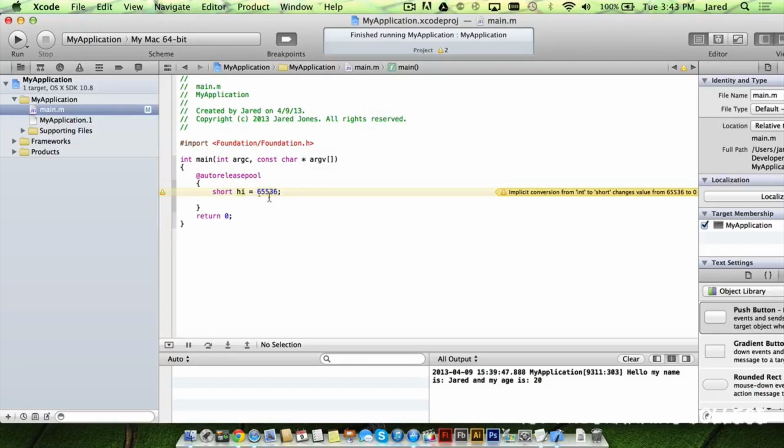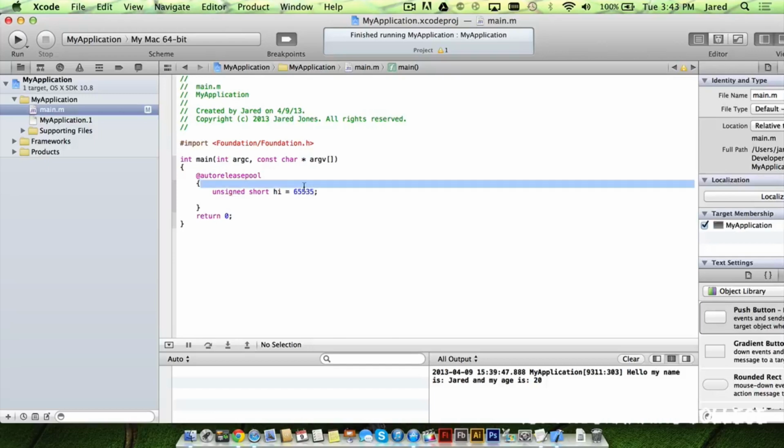Well, negatives have to allocate half of this for the positive side and half of this for the negative side. So for example, if I want to only have positives, I can type unsigned, and this will let me take advantage of everything inside of there. And you can never have exactly the right amount of bytes. The compiler will freak out. You always got to go one lower. But I've never understood that. But anyhow, so now I can take advantage of the full amount of memory, 2 to the 16,